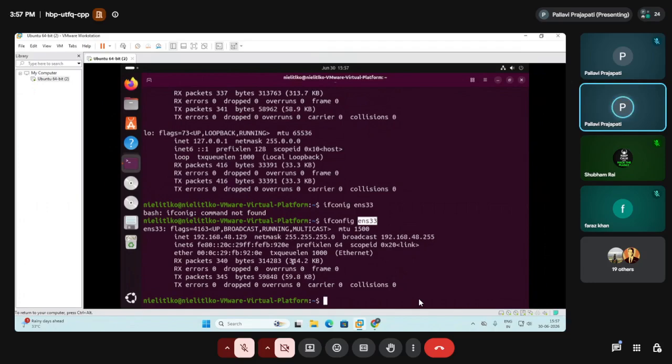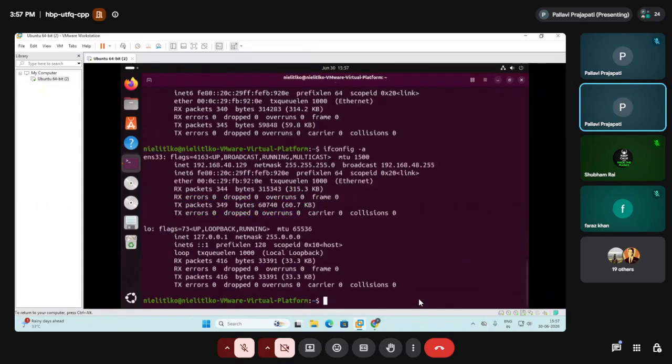After that, if you want to see the details about interfaces that are down, that means they are inactive, then in that case you will use ifconfig -a. It should display only the lo.